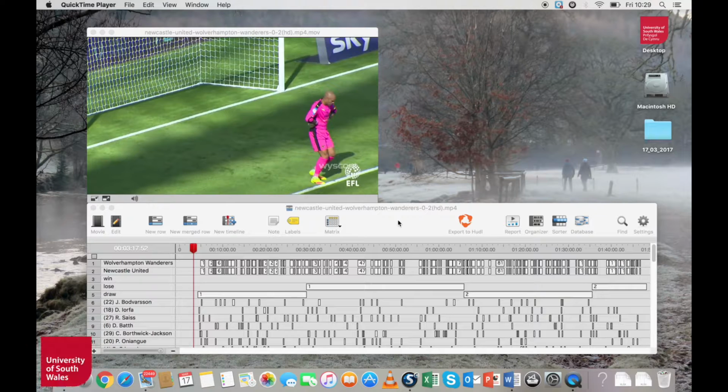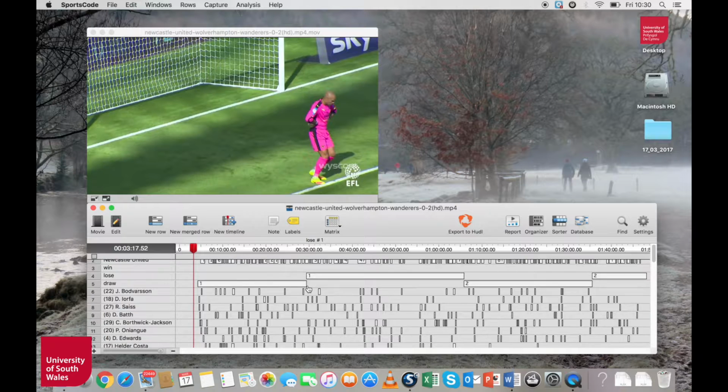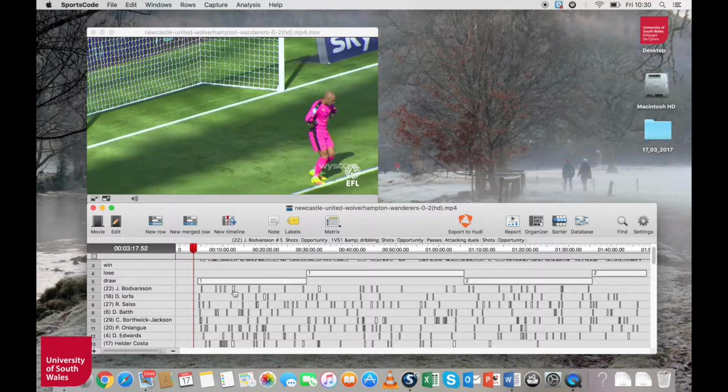Hi, this is a video explaining how to add a drawing into a movie within SportsCode. So you've got your tagged game, here's your timeline and your video attached to it. So for example, I might want this clip here, so double click on it,